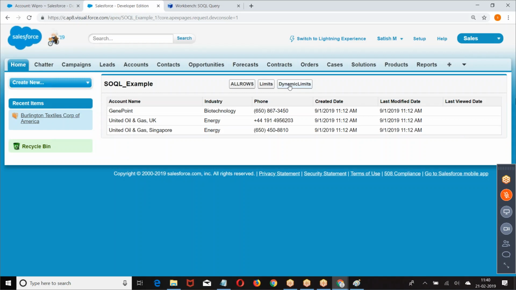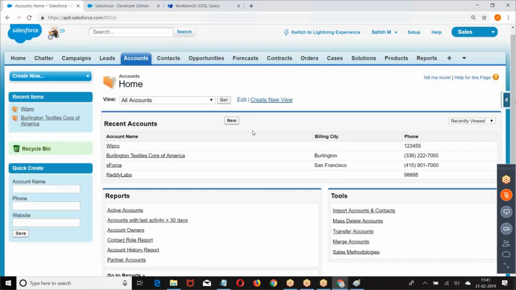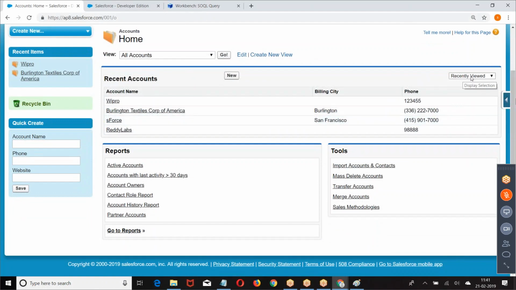By default, the query is giving you a list of records in the order of created date. Now I want to fetch the data based on recently modified, based on recently viewed. Then I have to write my own condition. Was that clear? Let me give an example. When you open an accounts tab, here we are getting the recently viewed records. On what basis? See Wipro. Now we are getting it. So this is specific data. I want to get the recently viewed 4 records.